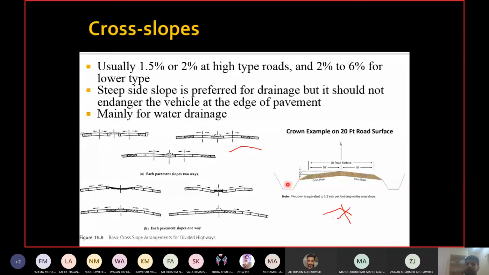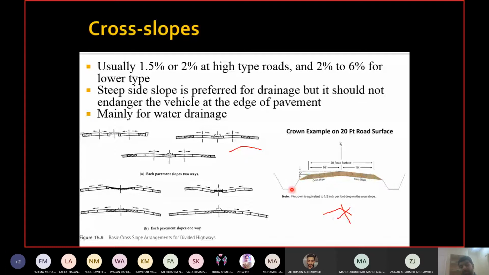But when the height between the road and the ground level is large, the difference between the ground and the road level is large, then what will happen if you provide a flatter slope? Then you will need more width of the side slope as well. 6:1, and you are filling the height of 20 feet. Then obviously you need more width. If the height is only 2 or 3 feet, and you are filling up the difference in height with a slope of 6:1, the width required, this base, will be less.